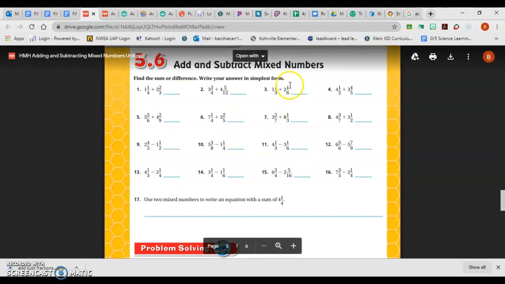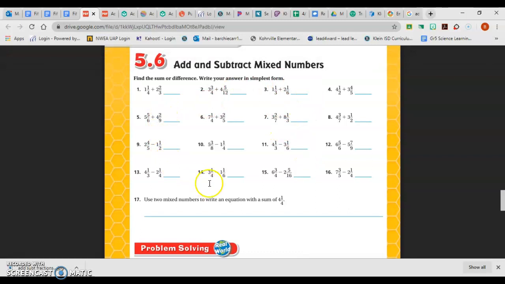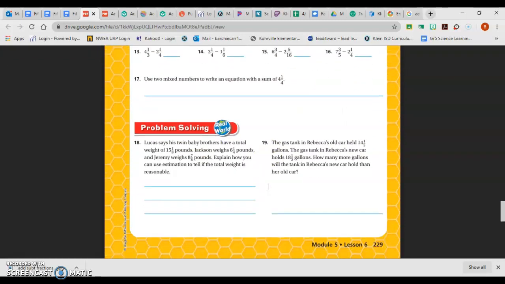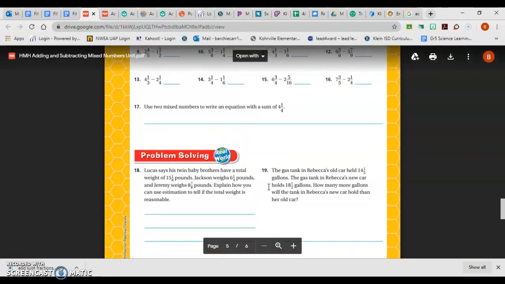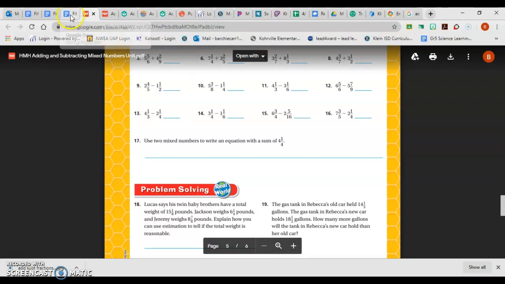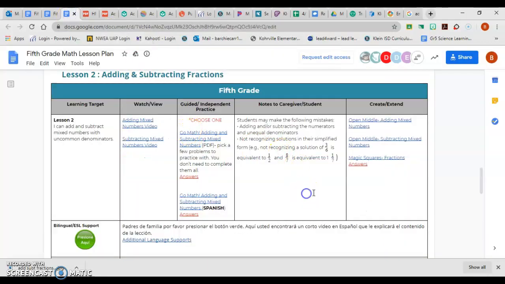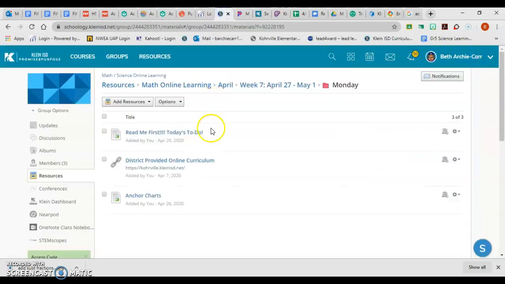You don't have to do those exact four, but I would mix up the adding and the subtracting. I would do about four of these and then maybe one of these word problems. Okay, and then that's it for that assignment. So these are the one numbers if you want to try those. Then you're going to come back into your